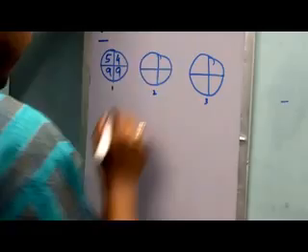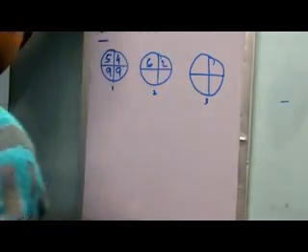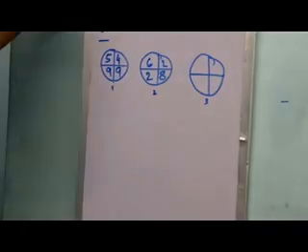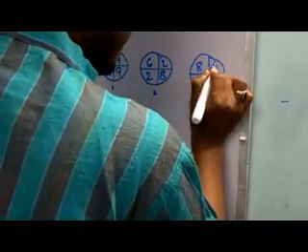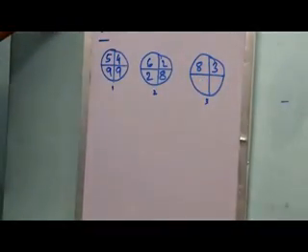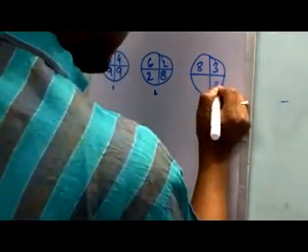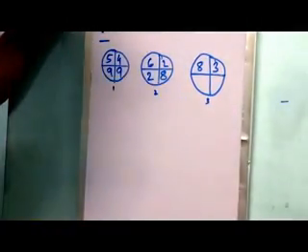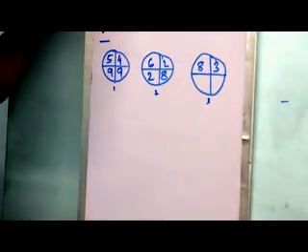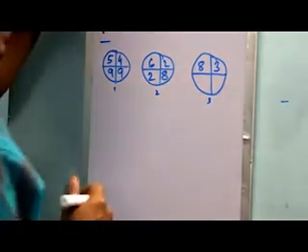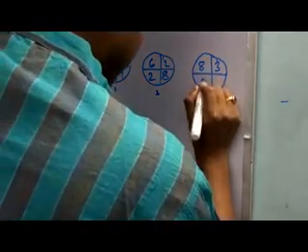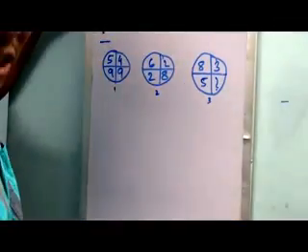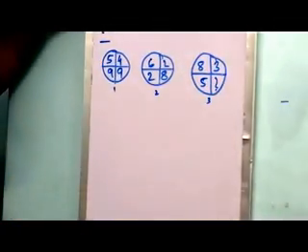Second circle has 4 digits, 6, 2, 2, 8. And the third circle has 3 digits, only one particular segment has no digit, which you have to find by putting in your mathematical calculation. So it is 8, 3, 5 and question mark. You have to find which particular digit will replace this question mark to complete this logical series.